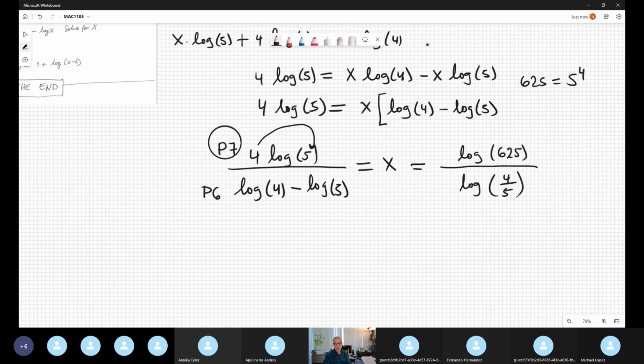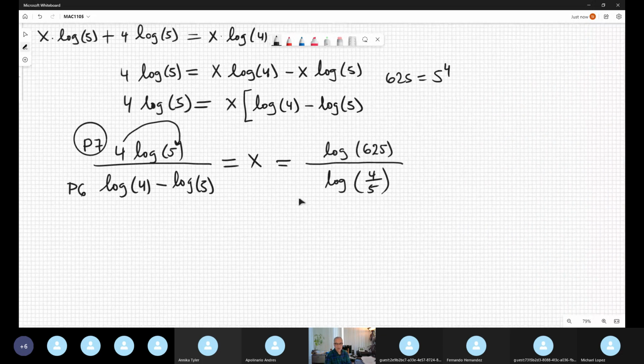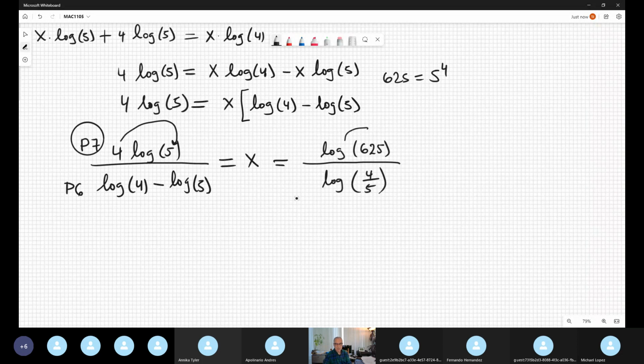Okay. This indicates, of course, my prediction for the answer. The top part is positive, but the bottom part is negative. Why is it negative? Because logarithm of base 10, of course, which is the standard, right? Of the number 4 over 5, which is less than 1, it's obvious that the answer is negative. But I don't care. I put it on the calculator like that. Logarithm of 625, close the parenthesis, division, and I press again the log of 4 over 5. Close the parenthesis, don't forget to close the parenthesis, and you get negative